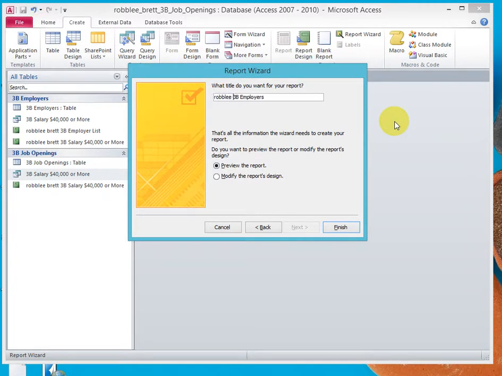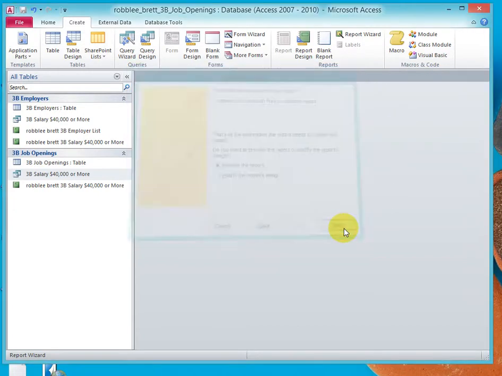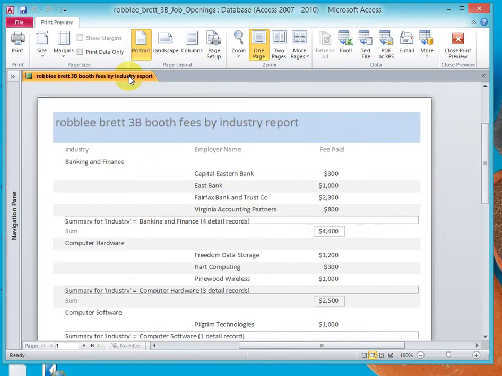Last name, first name, and this is going to be booth fees by industry report. So this is some kind of a trade show. Preview the report, finish, go ahead and close the navigation,